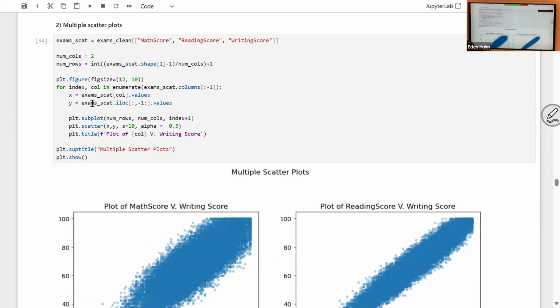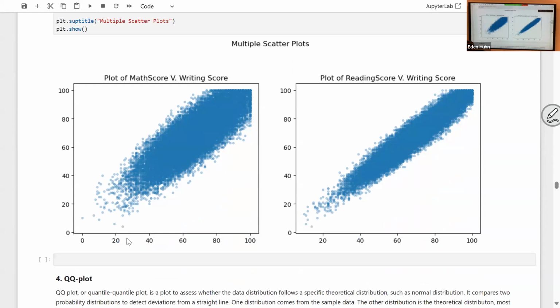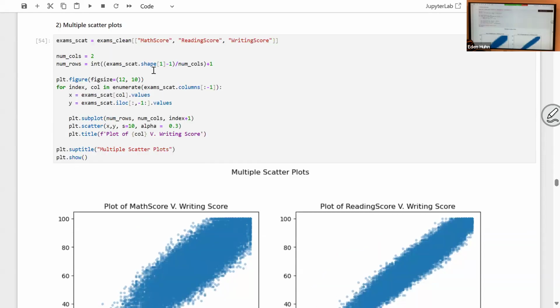The different things in this code are this line, where X is a variable in the data set, and Y is the